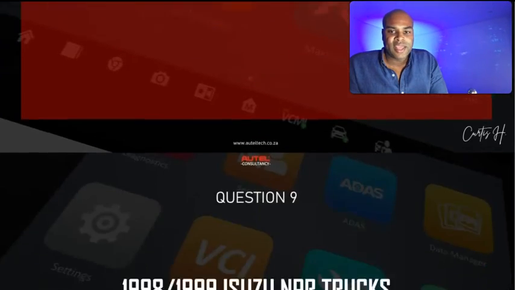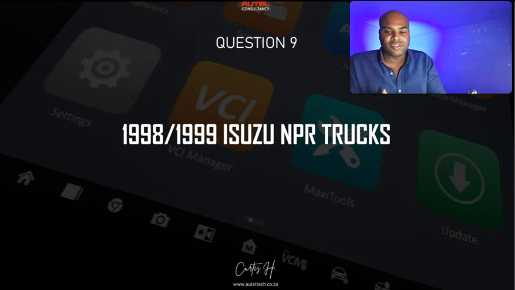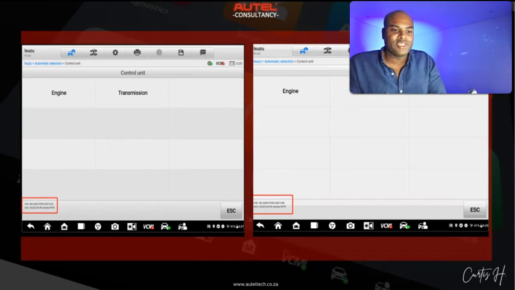Okay. Next question, 1998-99 Isuzu NPR truck. I think this was the client who went on the Autel vehicle coverage website and he wasn't able to find it. So I got the VIN number, and then my engineer sent me this. They put in the VIN and it just shows them that those two vehicles are on there. So if you don't want to get a consultation, if you have a person that you want to buy it from, give them the VIN number and just hope and pray they have access to an engineer,